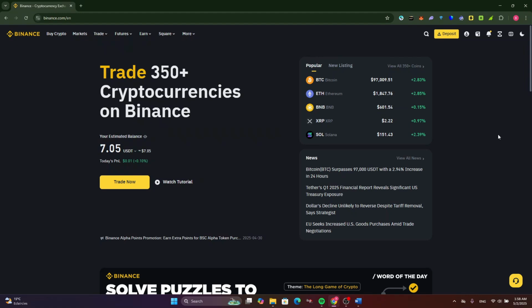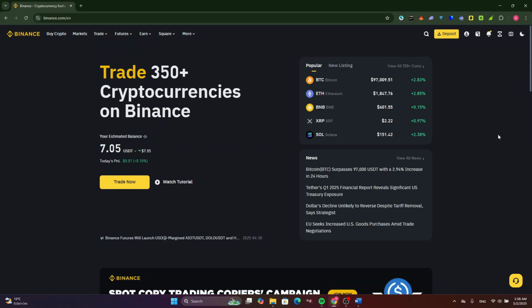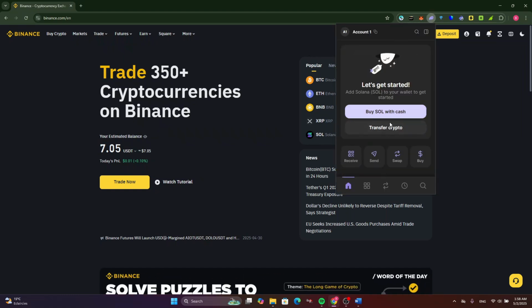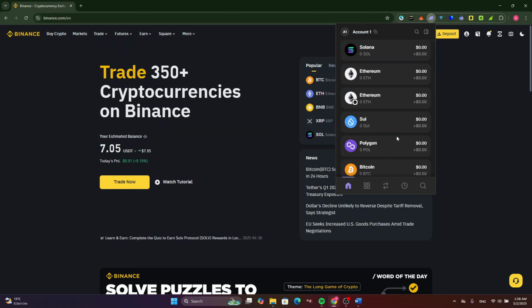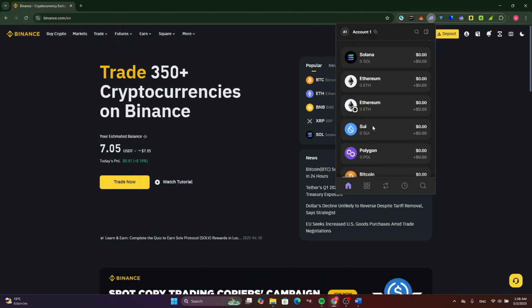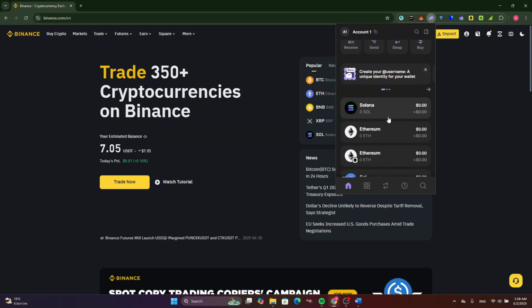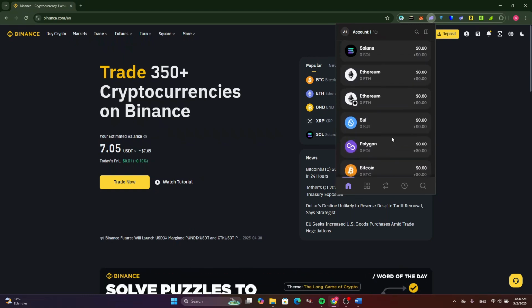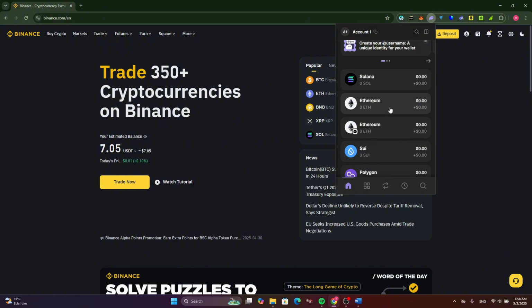How to transfer assets from Binance to Phantom Wallet on PC. Now, first of all, we need to open the Phantom Wallet, as you can see. Now, after that, make sure to know what kind of cryptos or what kind of tokens you have on your Phantom Wallet. So those that can be transferred from your Binance if you have funds on to